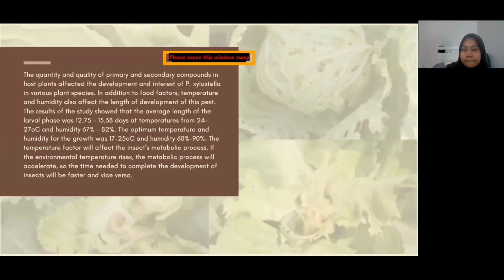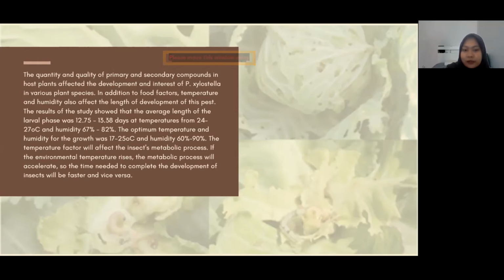Next. The quantity and quality of primary and secondary compounds in the host plant affect the development and interest of Plutella xylostella in various plant species. In addition to food factors, temperature and humidity also affect the length of development of this pest. The results of the study showed that the average length of the larva phase was 12.75 to 13.38 days at a temperature of 24 to 27 degrees Celsius and humidity